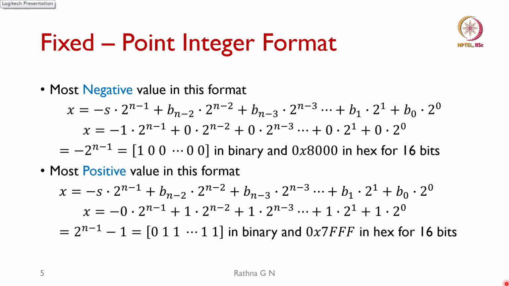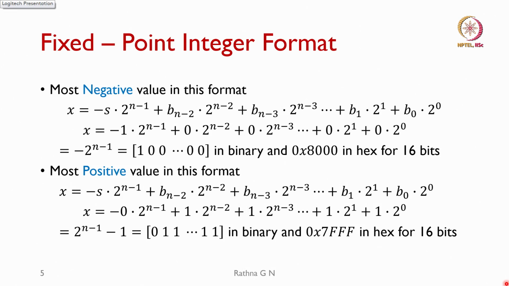If we substitute s equal to 1, it is minus 1 into 2 power n minus 1, and the rest of the bits are going to be zeros. This is equivalent to minus 2 power n minus 1, which is represented in binary format as 1 followed by all zeros. If we use a 16 bit representation for this number, then the binary format for the most negative number is going to be